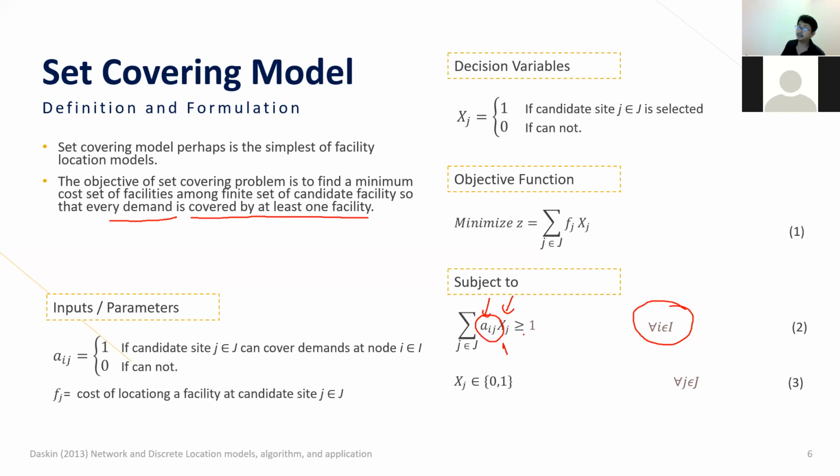It means that you make sure that for each demand node, you will have a facility assigned to it. Okay. For example, if you draw the image here,